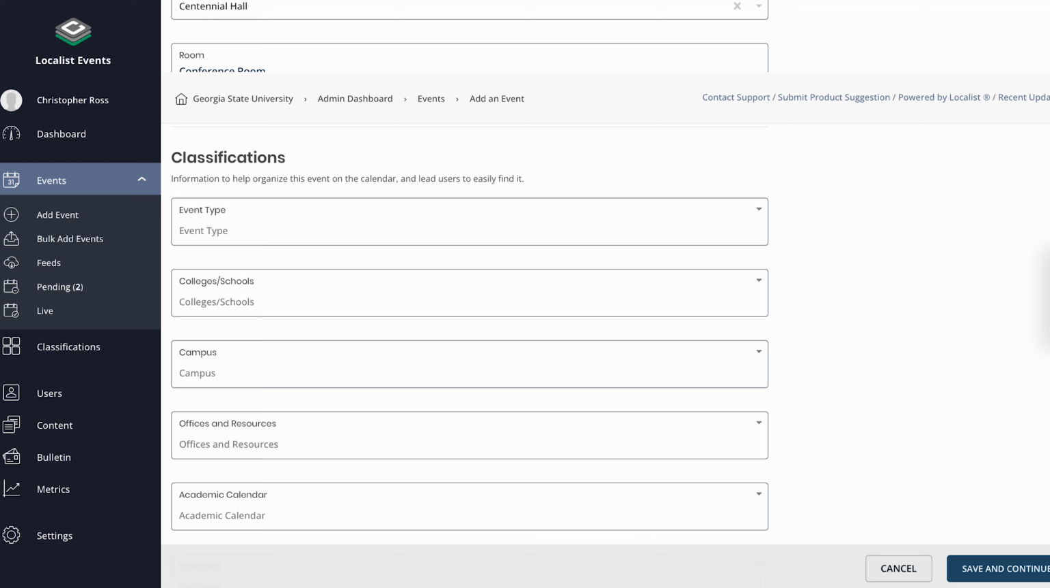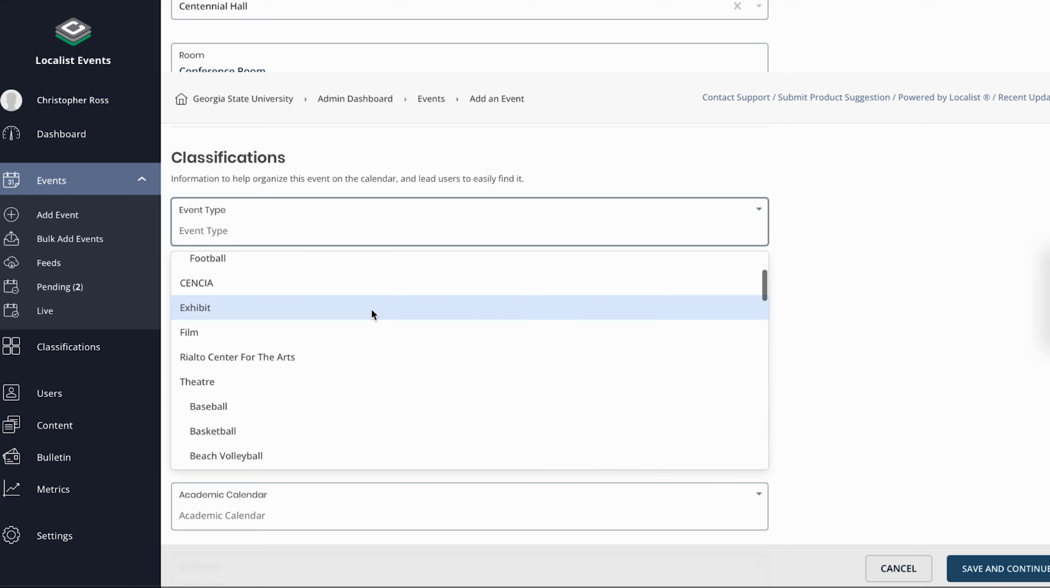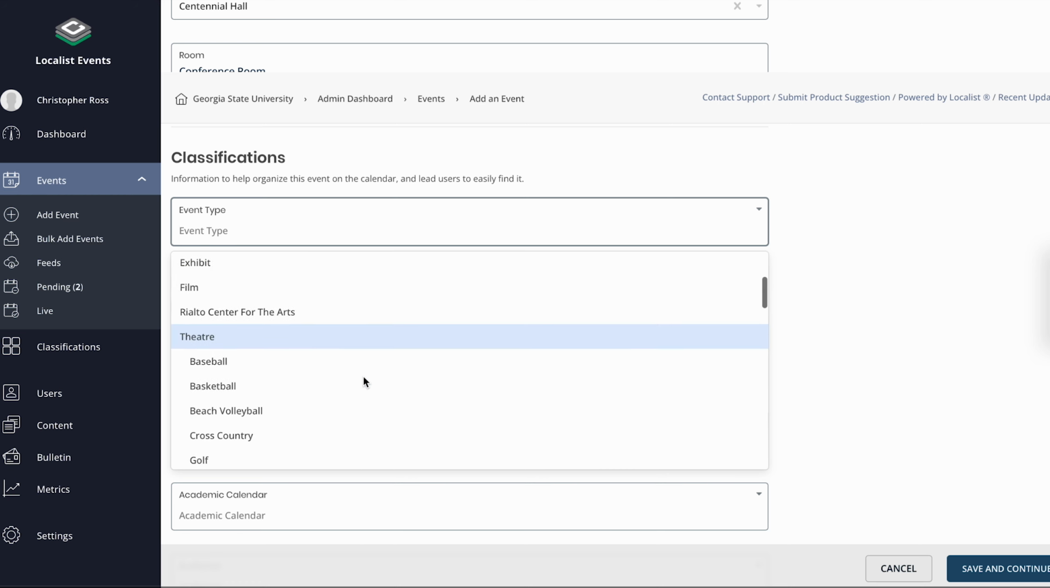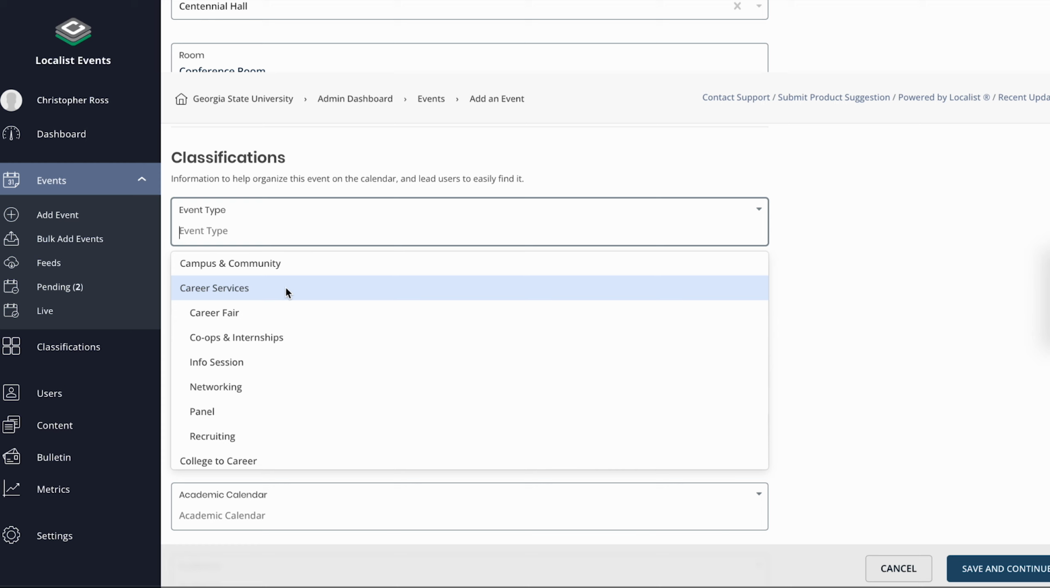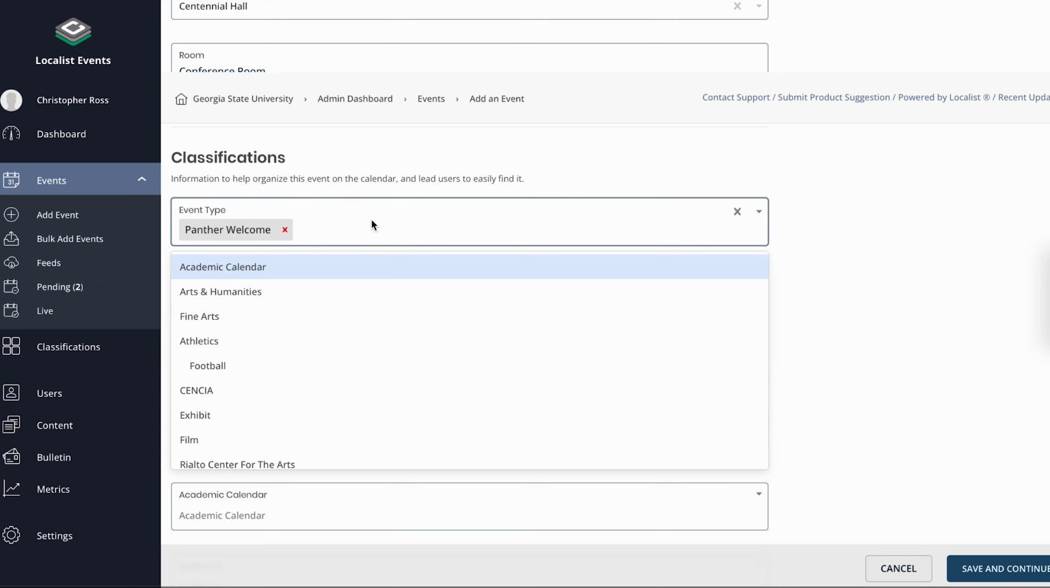First, choose an event type. There are a lot of options here, and they vary greatly from arts and humanities, to exhibit, to theater, to career services. You can select multiple options if they apply. Here I'm selecting Panther Welcome and Information Sessions